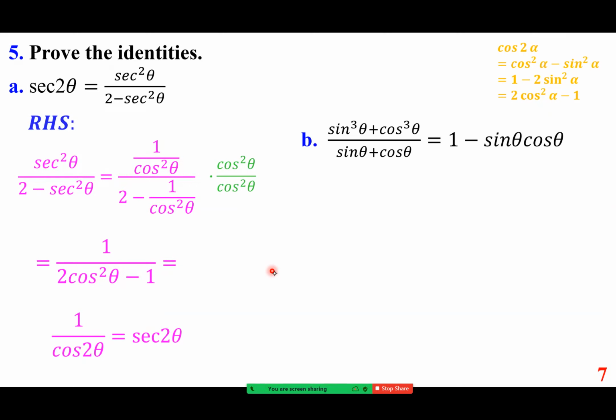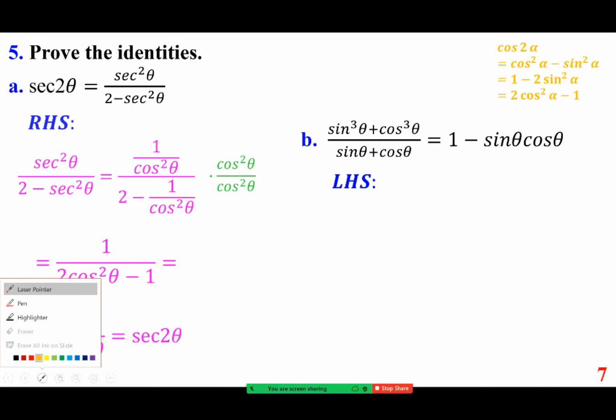We want to prove this one. We start with one side. If we start with the left-hand side, where we have sine cubed plus cosine cubed over sine theta plus cosine theta, we should be able to get to the right side. And recall